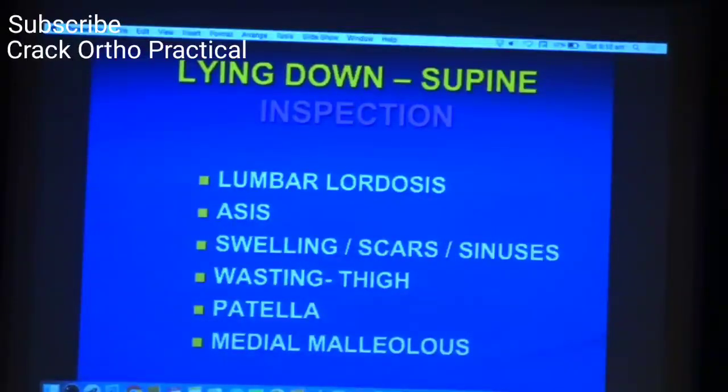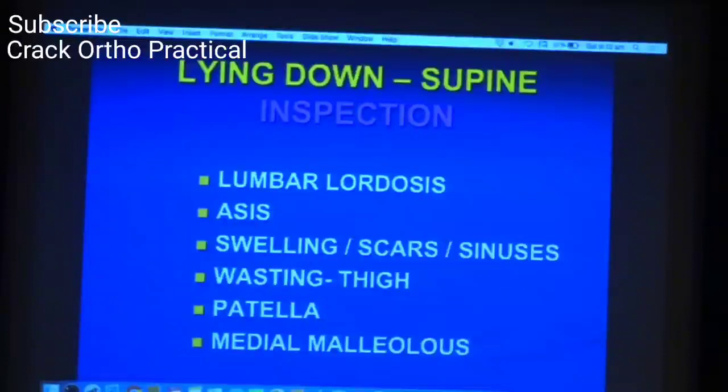As I said, this is now the stage when you can ask the patient to lie down on the couch, and again, we talked yesterday also that we follow the same principles: inspection, palpation, and so on. But here in orthopedics we usually talk about look, feel, and move, and measure if you want the complete sequence. In inspection, again my advice to you is follow a sequence, and the sequence which I recommend is proximal to distal. So if you go proximal to distal, you do not miss out anything.